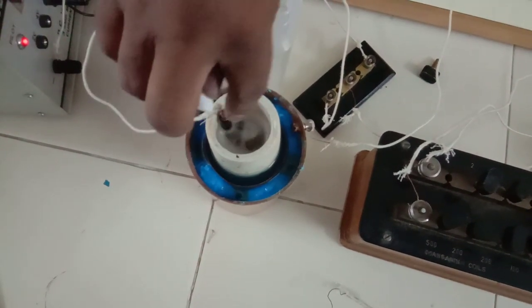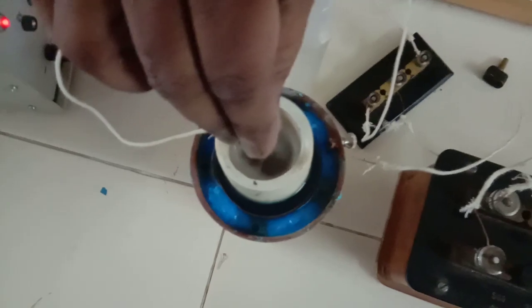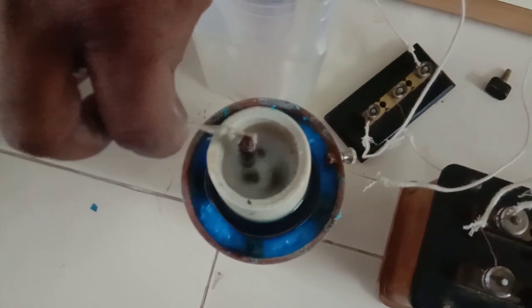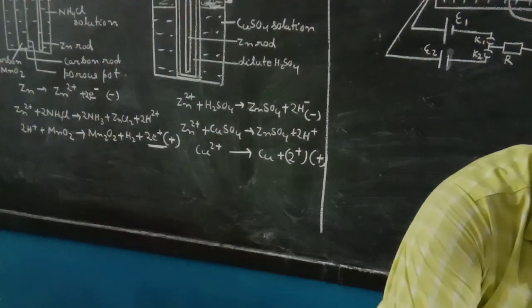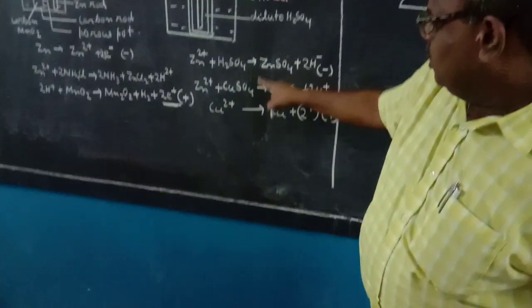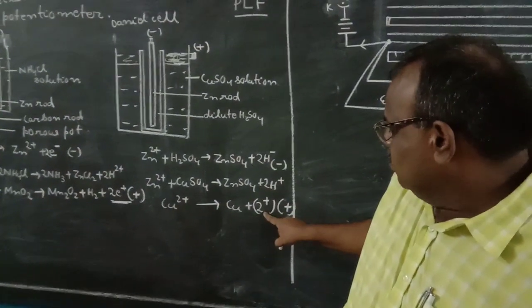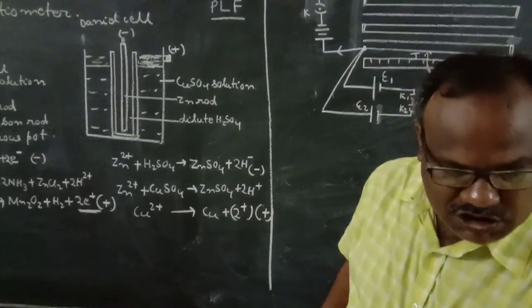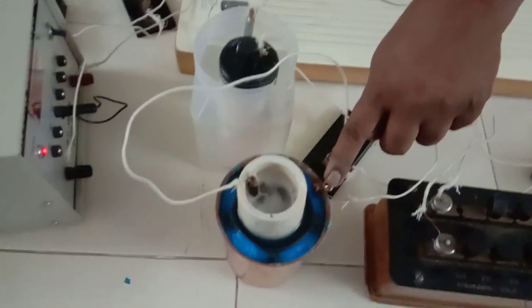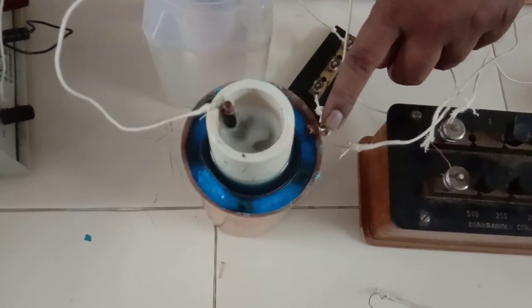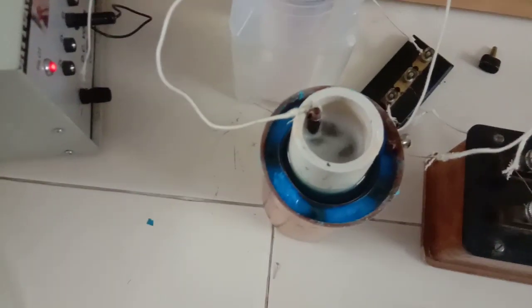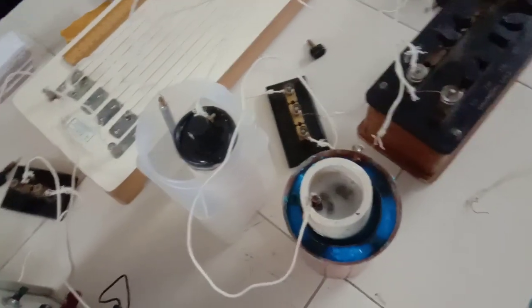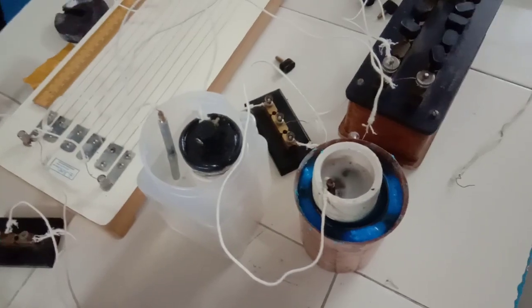And here you see dissociation is taking place. Here I have taken dilute sulfuric acid, and a zinc rod is inserted inside it. So here zinc will dissociate, giving you electrons, and that will be consumed and give you 2H plus. So this will act as a positive. So this is positive, this is negative, this is positive, this is negative. So these are the two types of cells we usually use, that is, the primary cells.